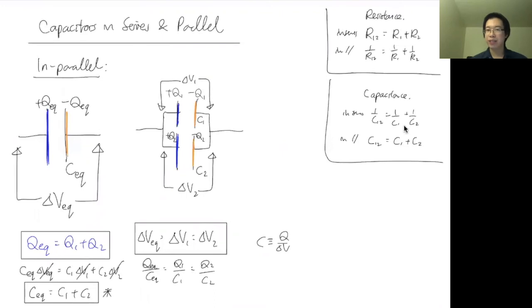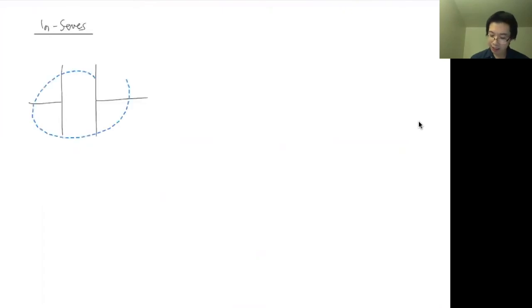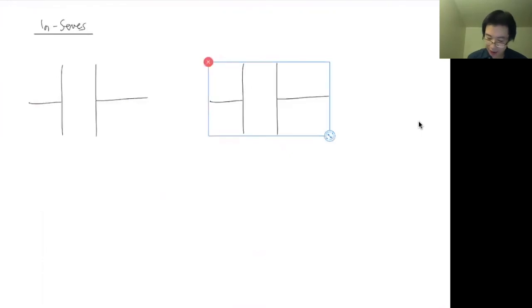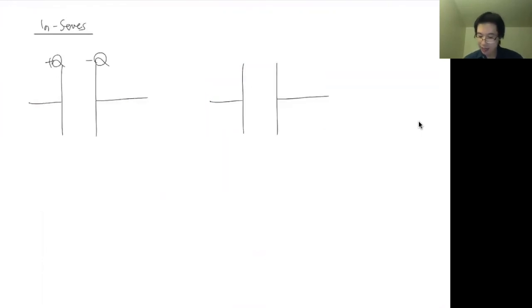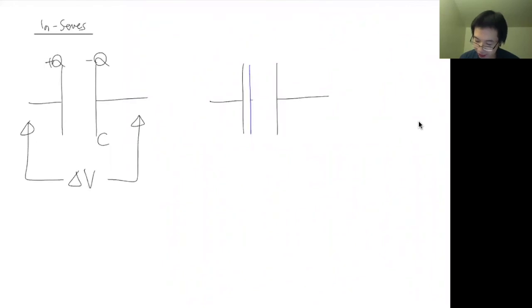So I'll finish off with the series as well. This is probably the last main thing. All right, so in series, let's again start with, imagine a big capacitor like this. I'm going to copy this and put it here. And this time, plus Q minus Q, C with some delta V across it. I am going to insert a piece of metal here, like an H diagram over here. So it's just another two pieces of metal connected with a wire. It's a big piece of conductor.